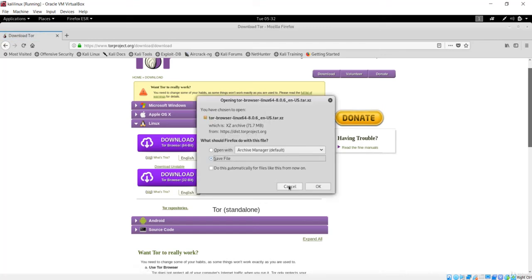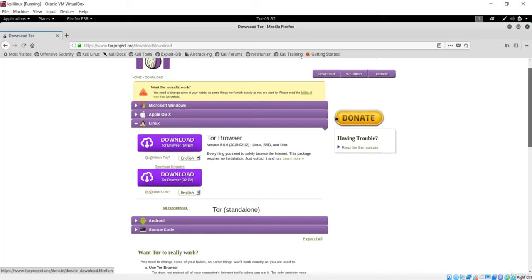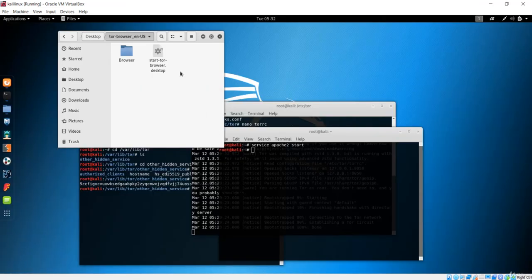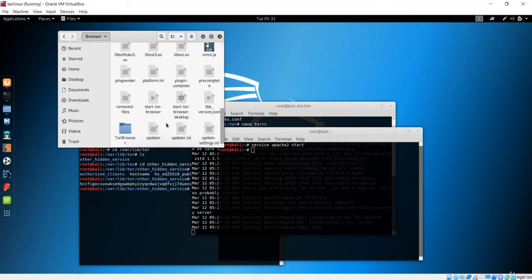So basically it is a simple process, but there will come one problem: the Tor browser cannot work with root. So if you get that problem saying exiting or some error message, let me show you what the error message will be. So if I just go to the program, and now if I press this start Tor browser over here,